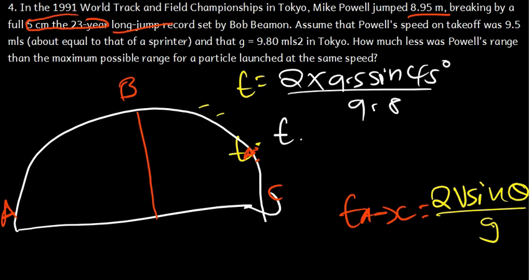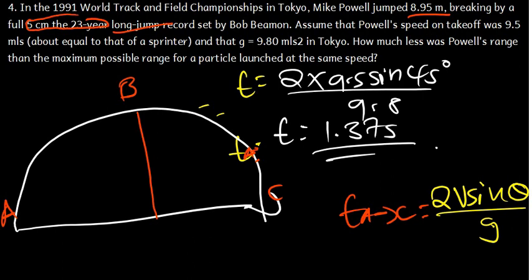So our time in this case is going to be, what is 2 times 9.5? That is going to be 19. So what is 19 sine 45? Then we divide it by 9.8. So this is giving me 1.37 seconds. So that was the time it was in air. In short, that would have been the time it would have been in air for it to reach the